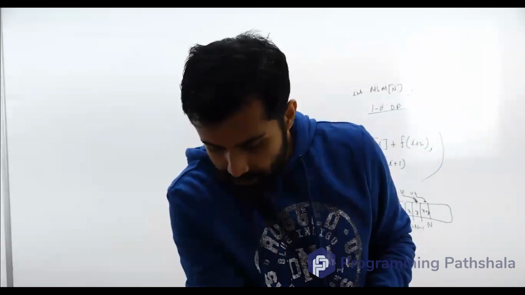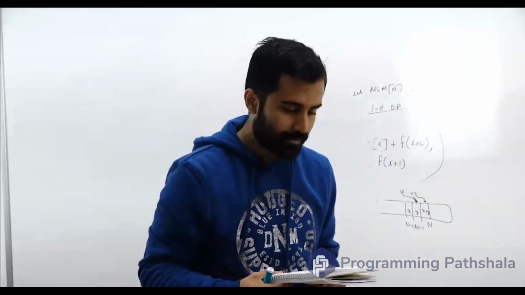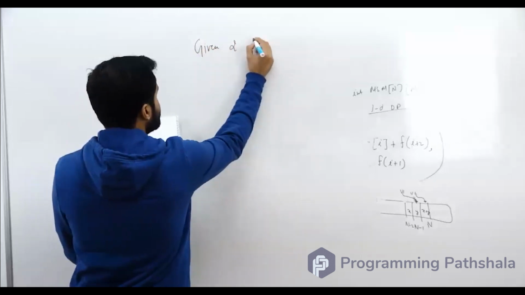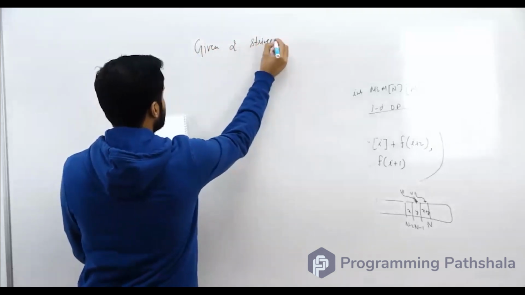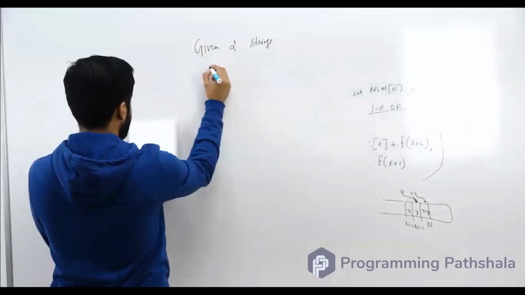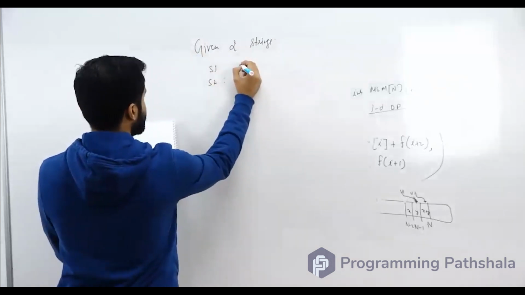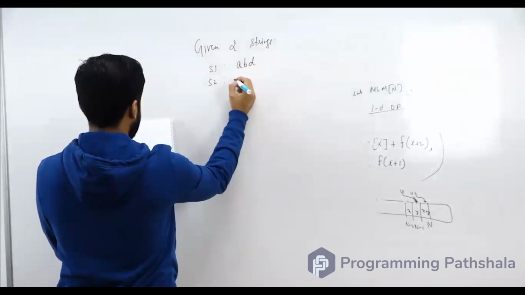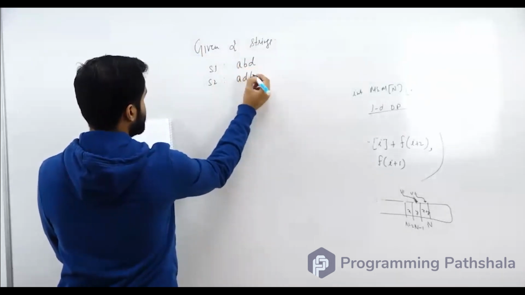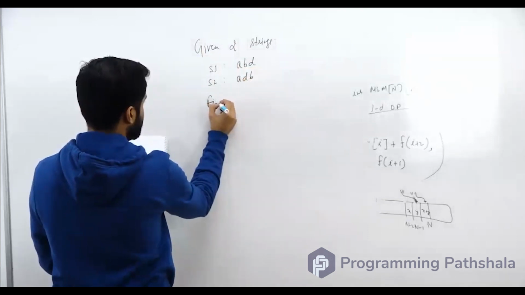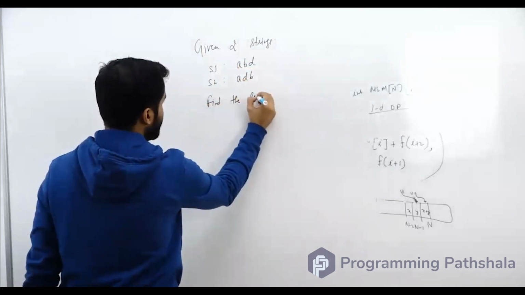So let's talk about our first problem of that category. We have been given two strings, let's say S1 and S2. Let's say your S1 is ABD and this is ADB. And what you have to do is you have to find the length of